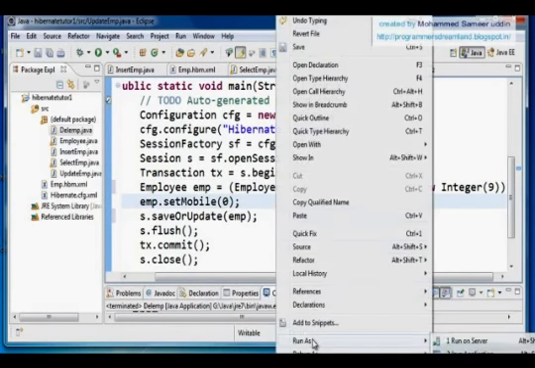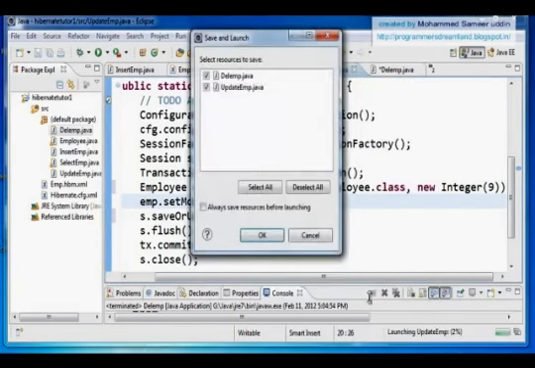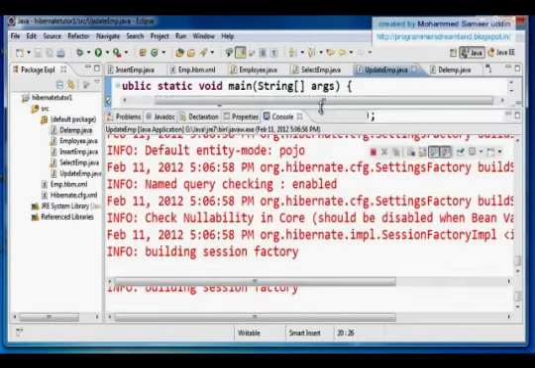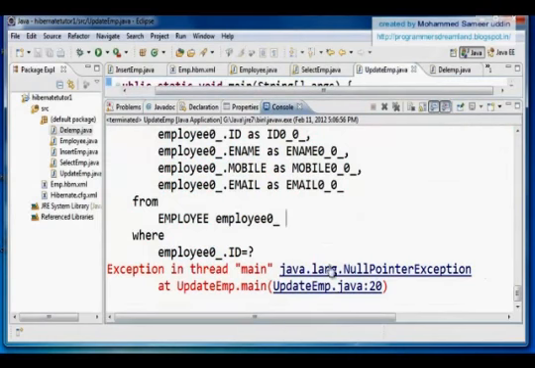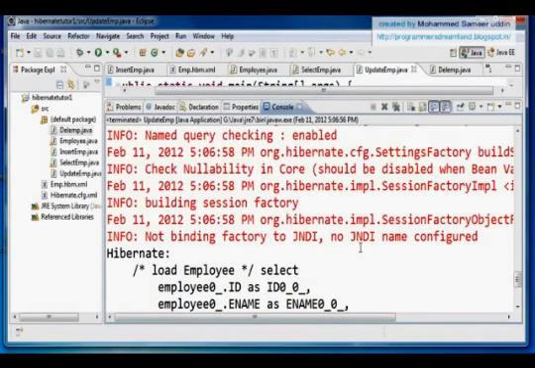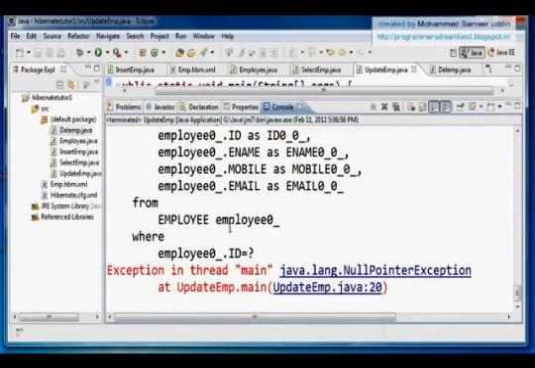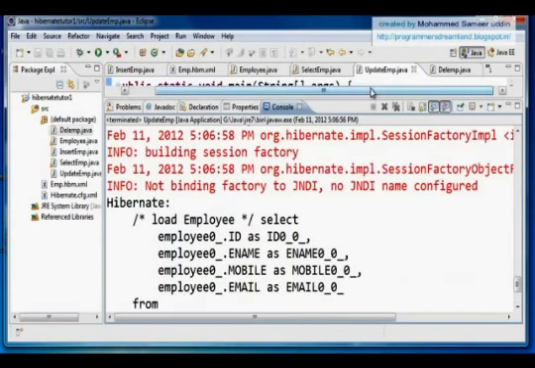So let's see, I'm running this as a Java application. Alright, okay, and see what happens. Exception in main, oh, null pointer. Select from employee where employee id